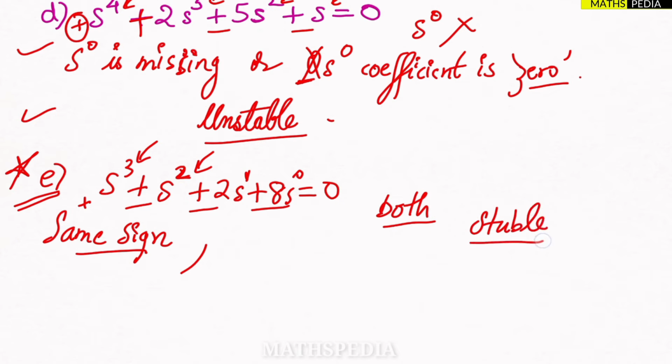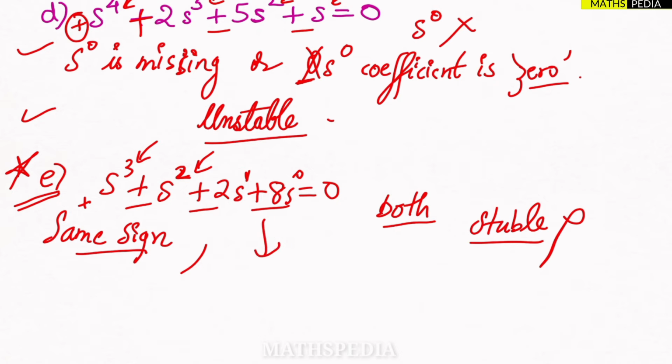You cannot say this. That is where I am trying to tell you that for stable systems, always remember, by these two conditions, we cannot confirm the stability of the system. But for unstable, we can say that these two conditions or any one condition is not satisfied, that's why it is unstable. For stability, we cannot say, because in this example, if you observe,